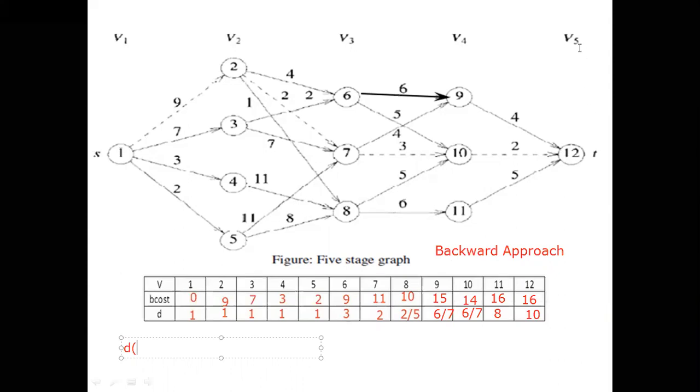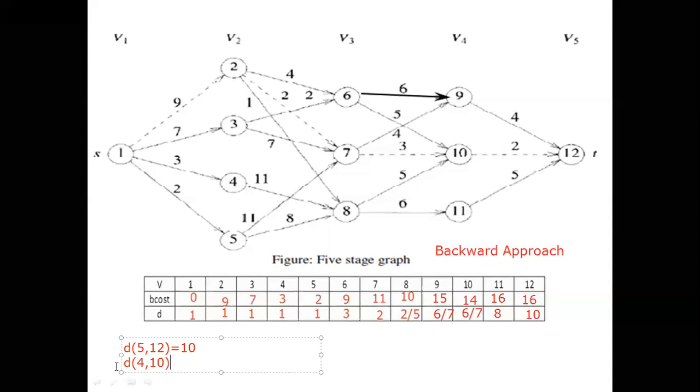That means stage number 5, I should write here first. That is 5, 12. What is 5? Stage number. What is 12? The vertex number. Vertex number 12, I should write C here. 12, what is the value? It is 10. Equal to 10. I hope it's clear. Next is D of its previous stage. What is this previous stage? 4. 4, what is this value? You got it. That one you have to copy it here. It is 10.